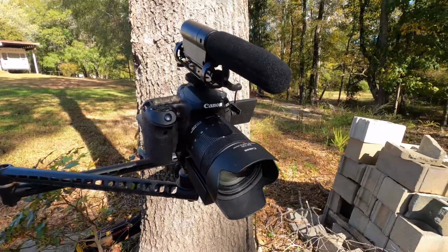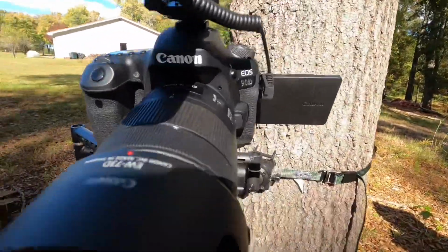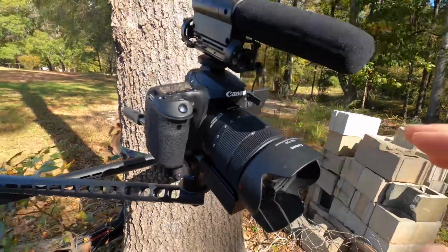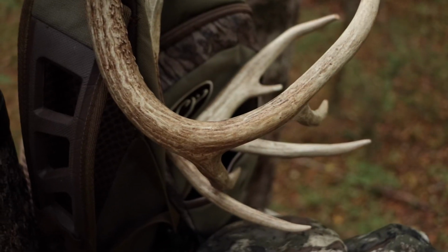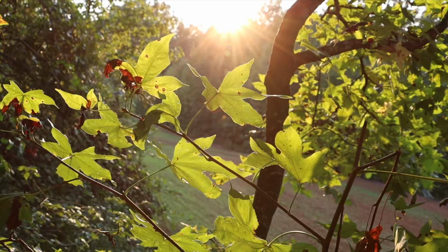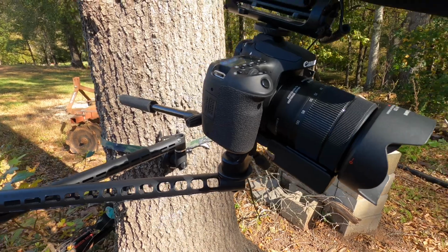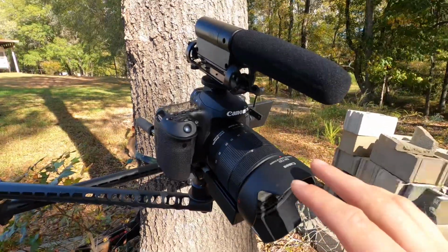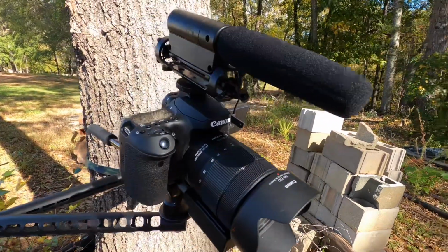All right, guys, this is my main camera setup. So what we have here is the Canon 90D. The reason I went with this camera is it's a DSLR and it shoots 4K video, and it also shoots some slow-mo at 120 frames per second, which is really good for this type of camera. The DSLR is a lot cheaper than your new mirrorless cameras, so that's kind of the reason I went with